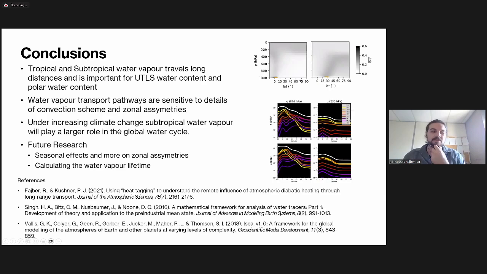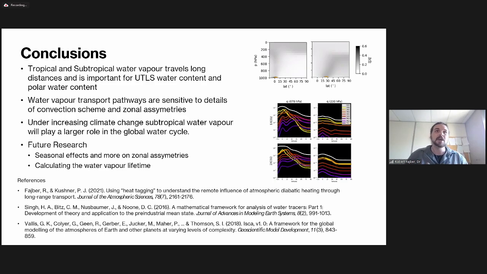I'll skip this because I just showed that on the previous slide. But so in conclusion, tropical and subtropical water vapor can travel these really long distances. And this is important for water vapor content, not only in the upper troposphere, lower stratosphere region, but also for polar water content. But these water vapor transport pathways are really sensitive to details and things like convection schemes and